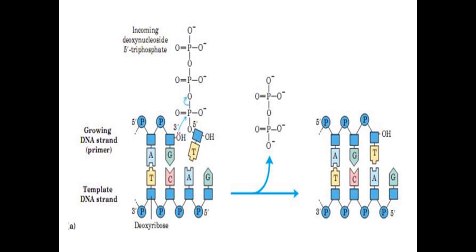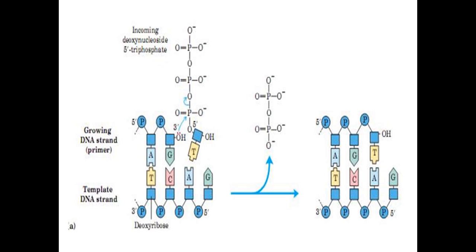Now see here, this is a diagram where the DNA polymerase action is shown. This is a template DNA strand. The lower strand is the template DNA strand, and consists of the sequence T, C, A, G. So four nucleotides are there. Now this is a growing DNA strand, where a new DNA strand is synthesized. So opposite T always binds with adenine, C always binds with guanine, A always binds with T.